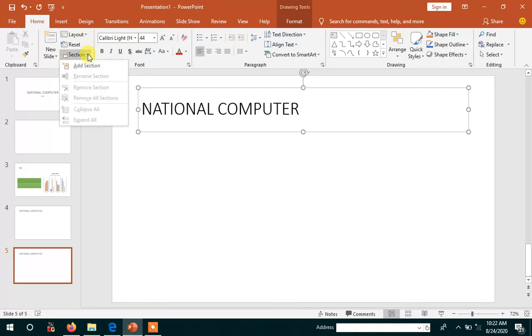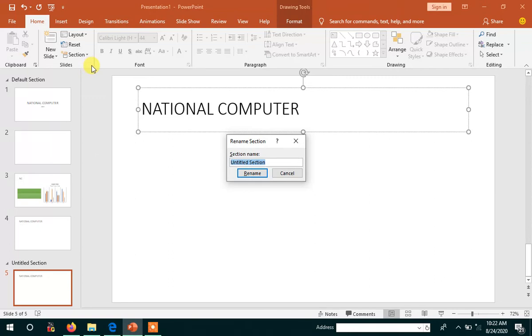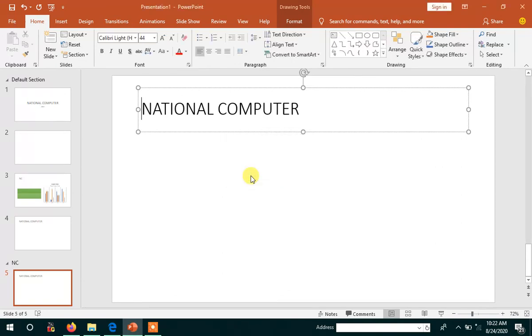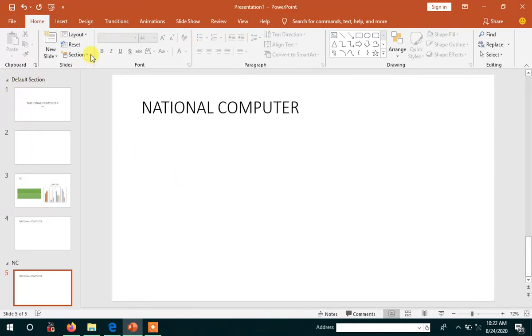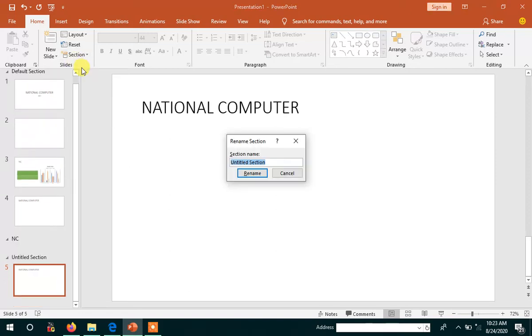Then now we are going to take the section. Say add a section. Click this, add a section. I am going to give the name NC and rename it. Click rename. Then whenever I click NC rename, this is the default section, and rename section, add a section. In the add a section, NC or